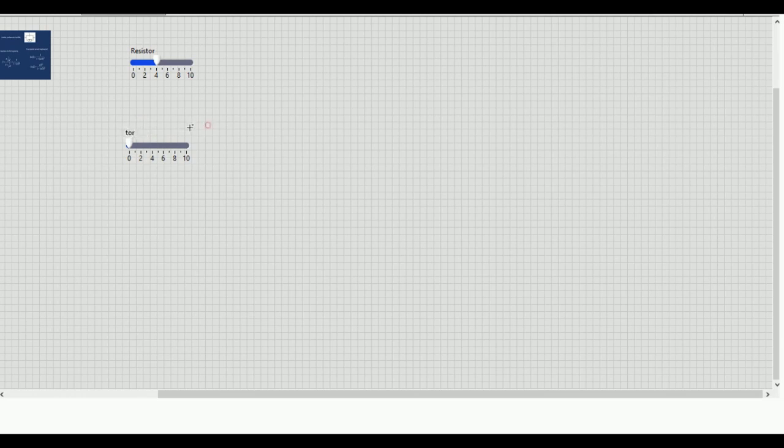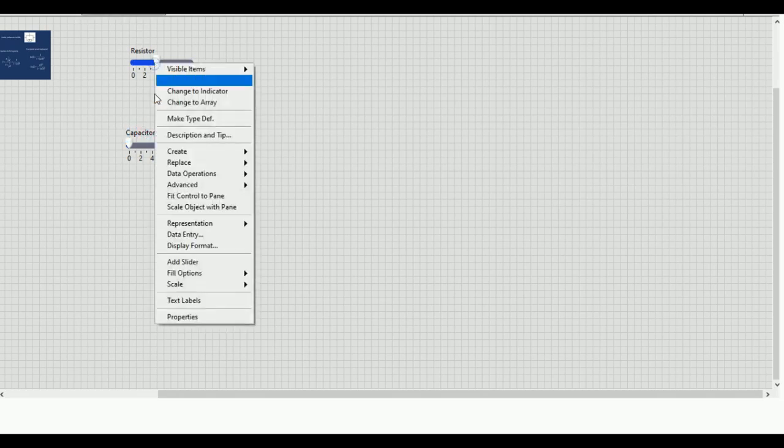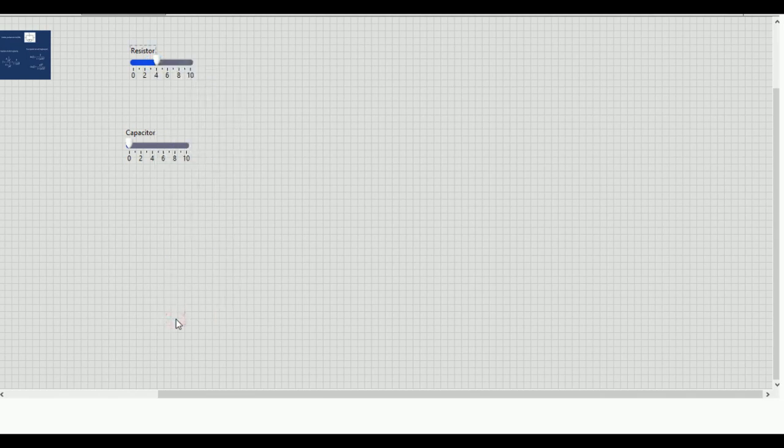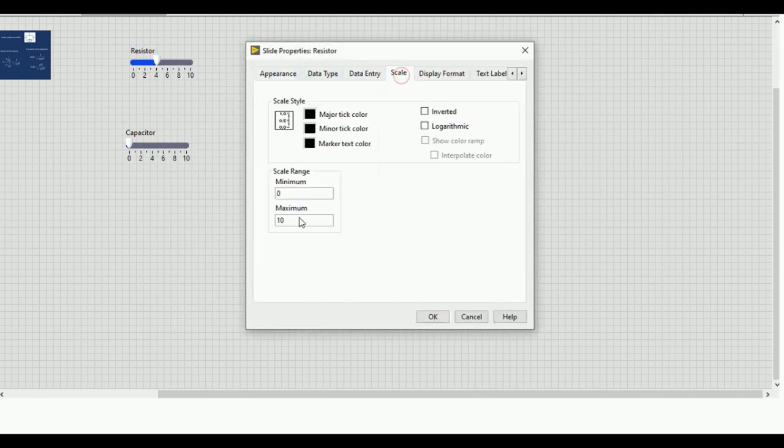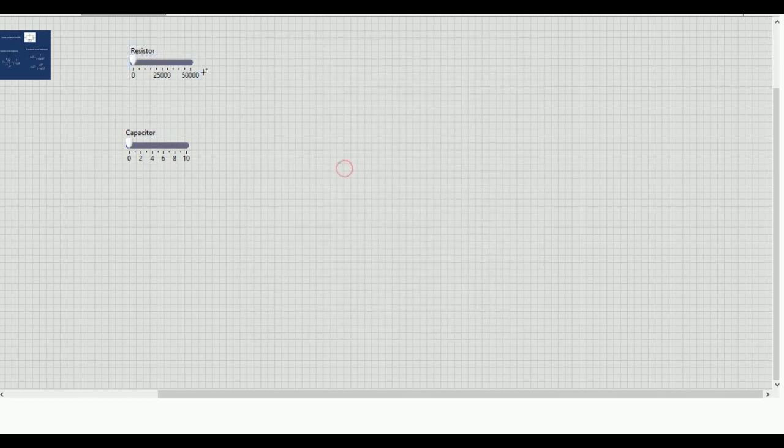And for the range, for example, you can change the scale by going to the properties, then scale. The minimum is 0, and for the maximum I am giving 50,000. You can change it accordingly, whatever you want, so that you can look at it better.